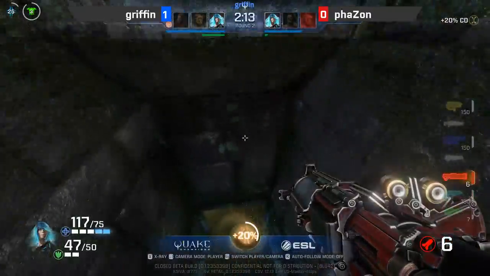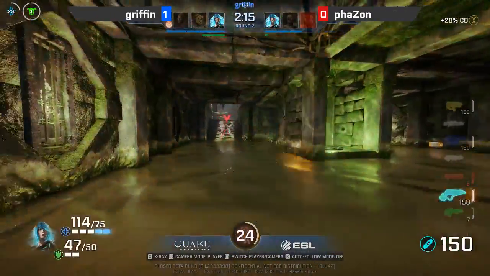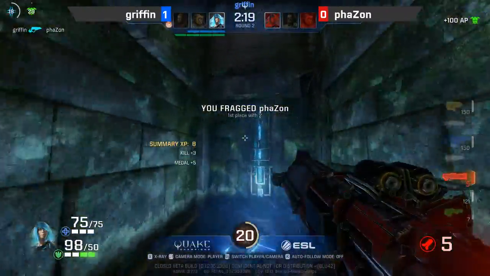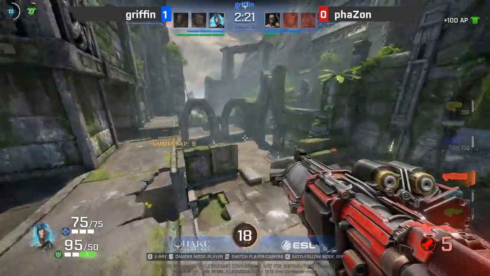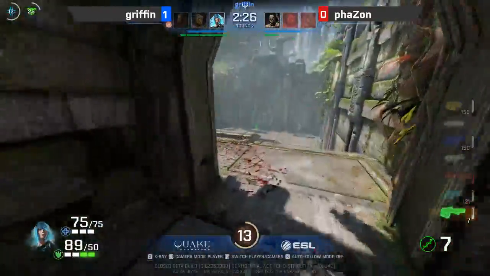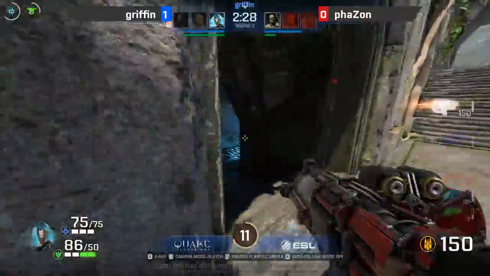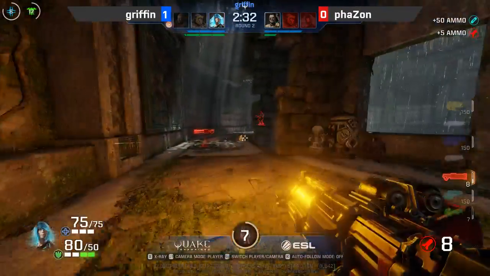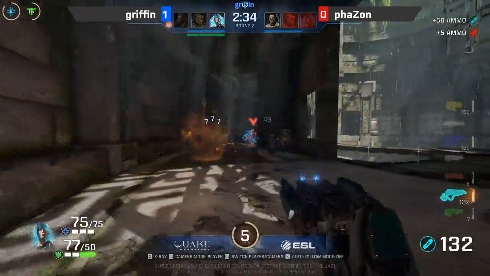Just poor play by phaZon. One, he used the Ghost Walk in, I don't know why he used it in that position. And then he came around the corner in an area where you can be shot from multiple areas, from both sides, and he just kind of walked out in view. Finally, Griffin was able to lock down that kill there, too. So finished it off with those last few points of damage,